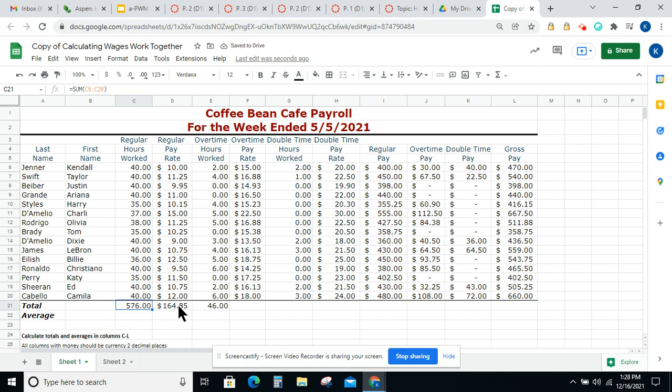Calculate the sum of C6 to C20, the sum of D6 to D20, the sum of E6 to E20. When you see a pattern developing, you can grab that fill handle, drag it over and drop. But now we're going to come and click on